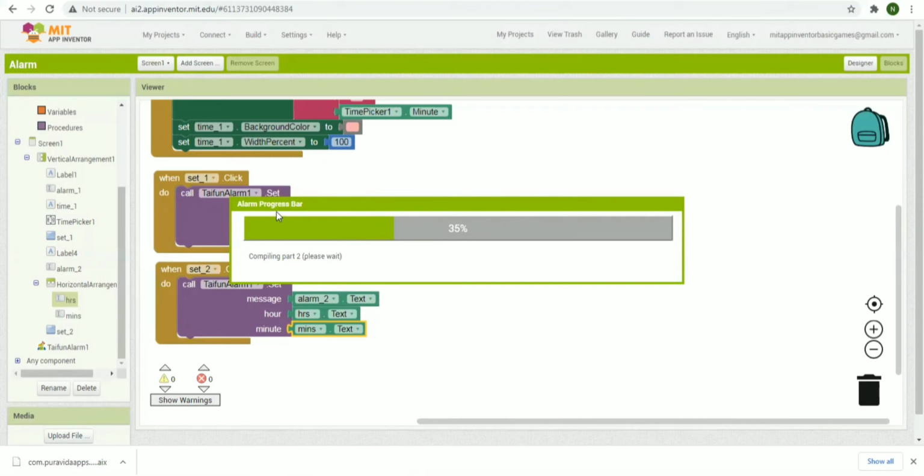You can actually do more modifications in the app, like you can add a background image, and then you can add an image for the alarm. You can change the animation, the orientation of the screen, and then you can actually change the title, which I actually did not do. You can very well do that and make your app fancy or attractive.